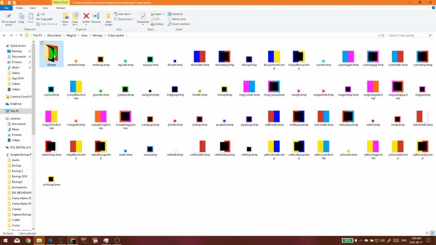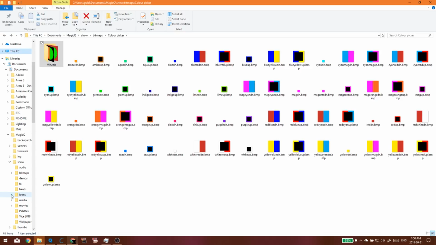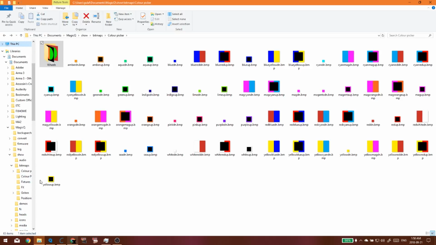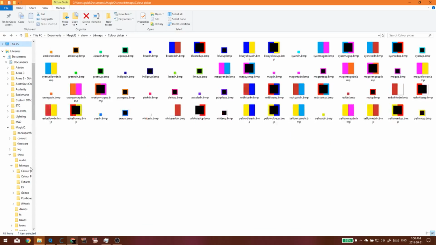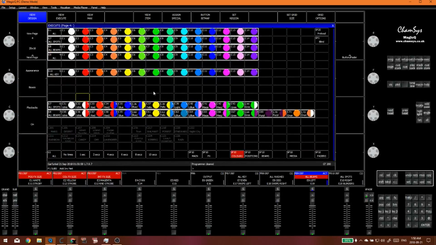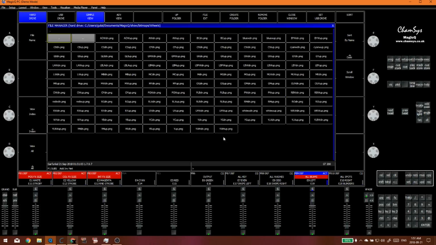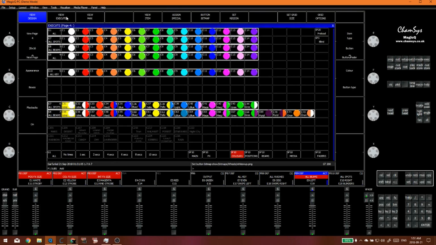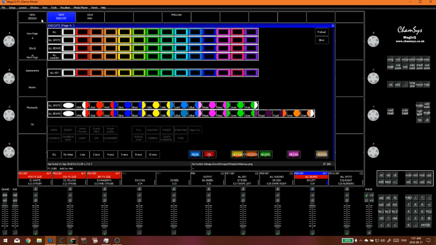Actually, maybe if I just move this up a folder, it will resolve all of my issues. Why do I have two documents? Magic Q, show, bitmaps, okay. What if I just put this right there? Bada bing, bada boom. That should work. So, bitmap, wheels. Yeah, look at that, it works. Kinda looks weird, but